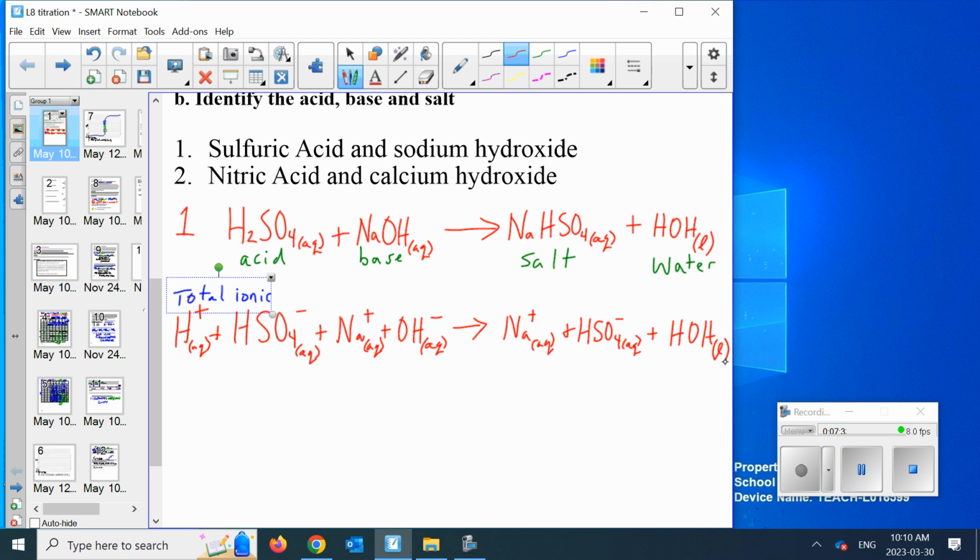What we might notice is that there are repeats on the left and the right. They're exactly identical: HSO4 minus, HSO4 minus, Na plus, the Na plus. They're still in ionic form, cation and anion. So really and truly, we call them spectator ions. They don't really do much, actually. What happens is that the H plus, the hydrogen ion cation, and the hydroxide anion come together to make water. So the net ionic equation